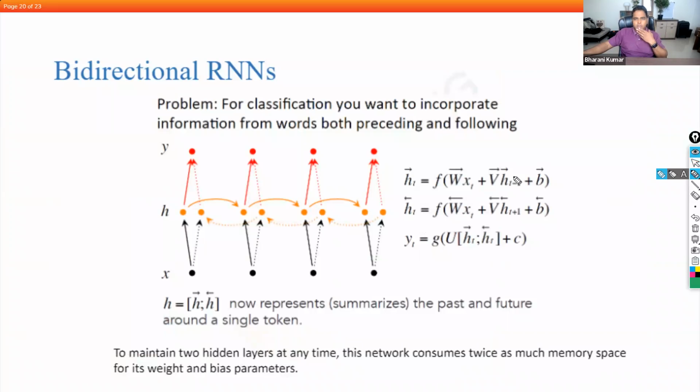And then people observed that there were certain issues pertaining to RNN. For example, if we say